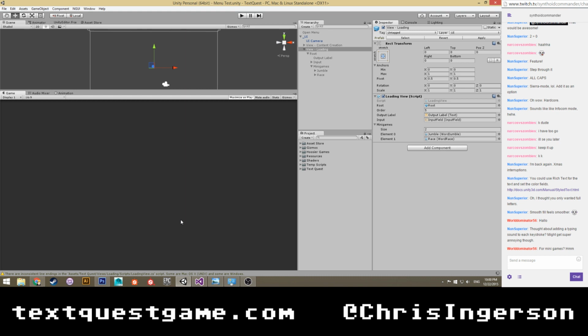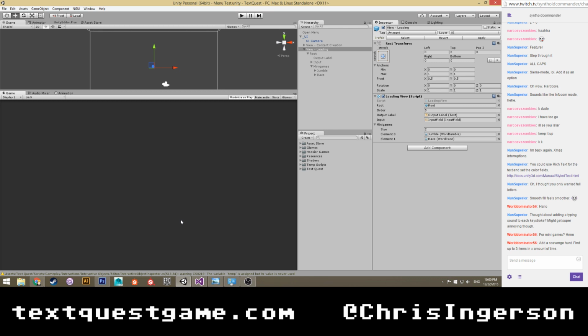Thought about adding a typing sound to each keystroke. Might get super annoying though. I don't think I'm gonna do that, just because you get that feedback by typing.